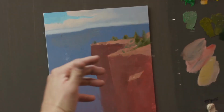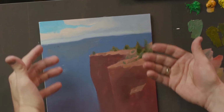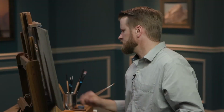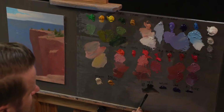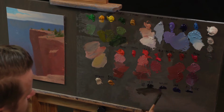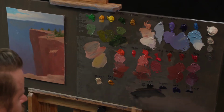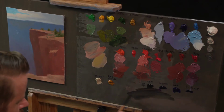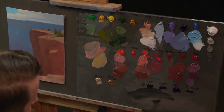All right, so we have worked on that first layer covering the whole painting, and we worked up to this point right here. So let's get started. All right. I'm going to make some quick, just cool colors that aren't thick. And because this is dry, I can start to detail. I want a little more dry brush, but